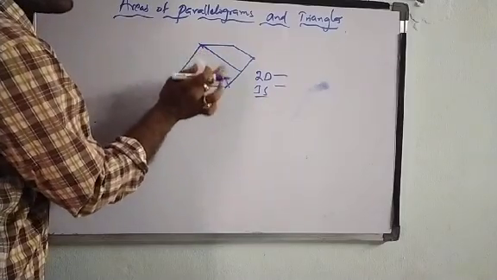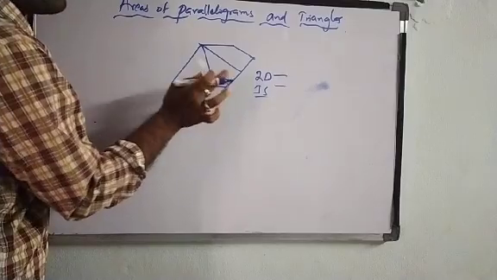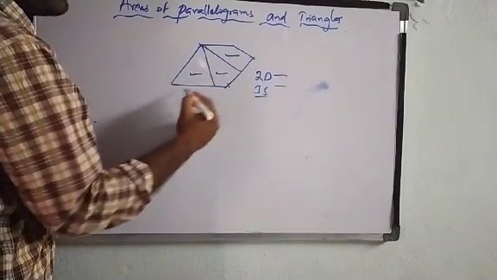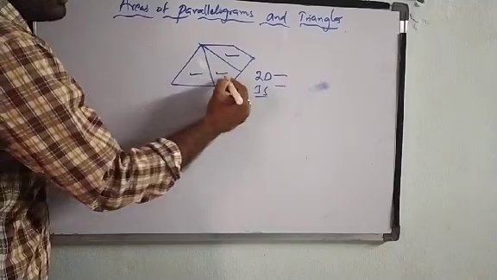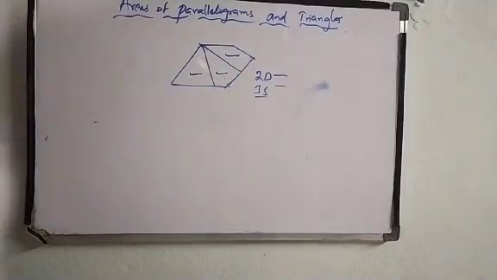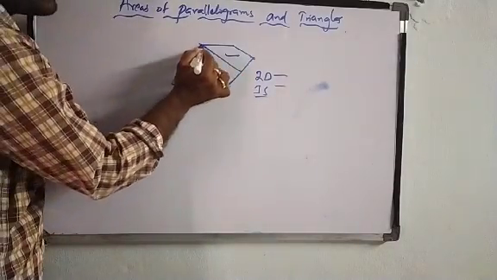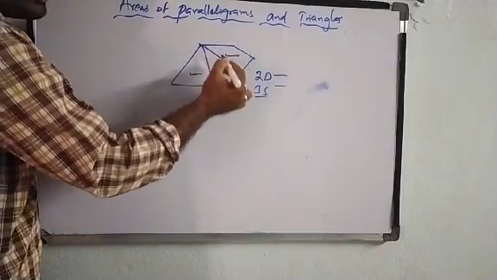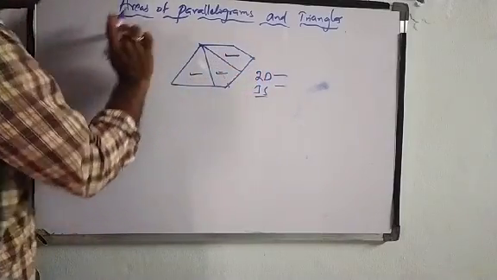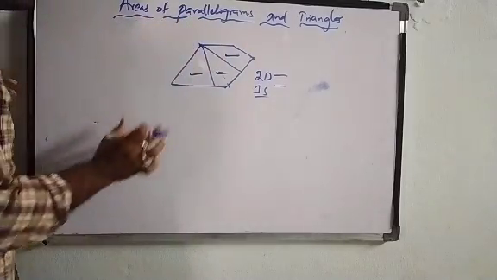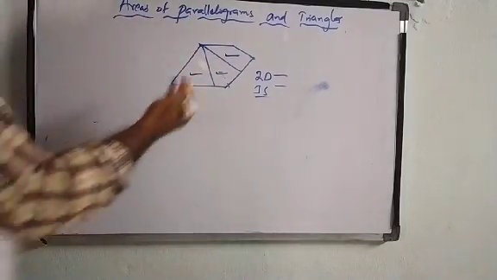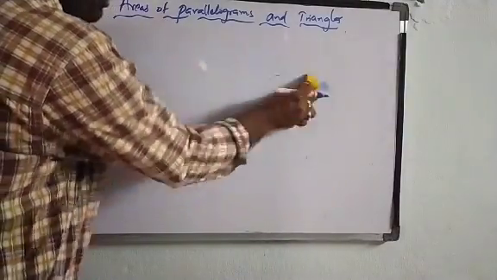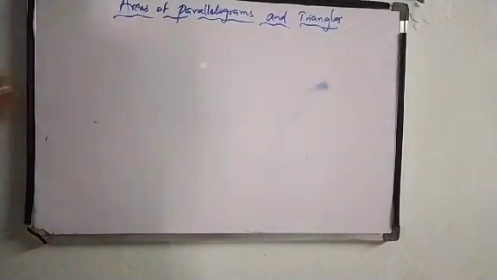Now the question arises whether they have got equal areas or not. So we need to find out the three areas and estimate whether these three people are getting the same area. Then we can say that the farmer has distributed equally to the two daughters as well as the one son. In order to understand whether they are getting equal area or not, we have to learn the chapter of areas of parallelograms and triangles. So it's a natural scenario where it occurs in every family. So let us talk about this.